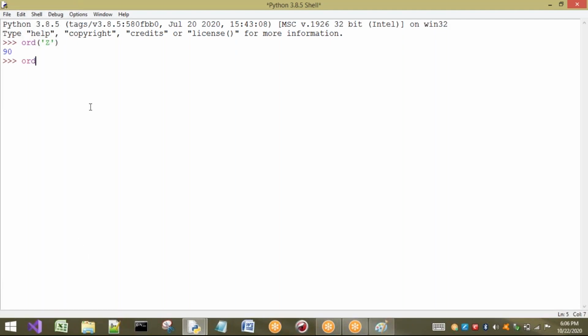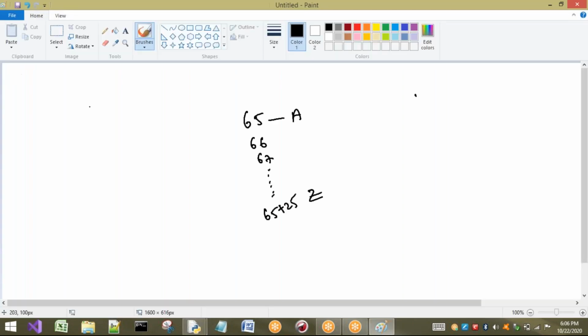Next, ord of A, its Unicode, is 65. So now my concept is that I want to generate a password of length 6 which contains 3 digits and 3 characters.